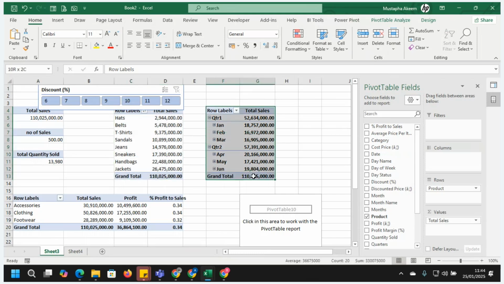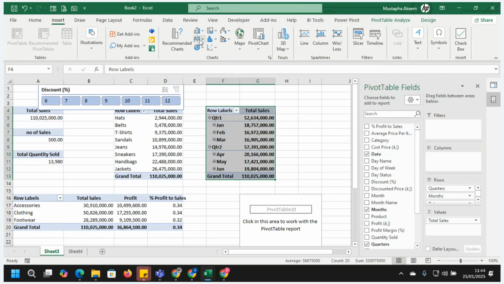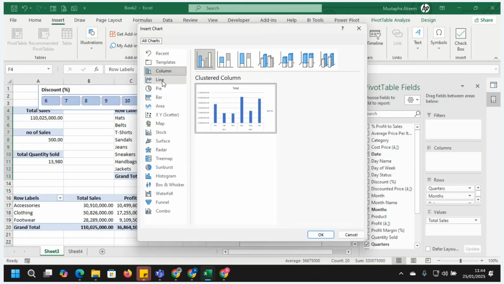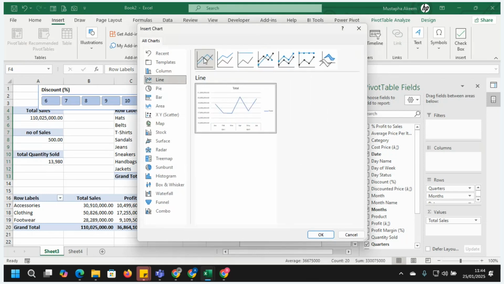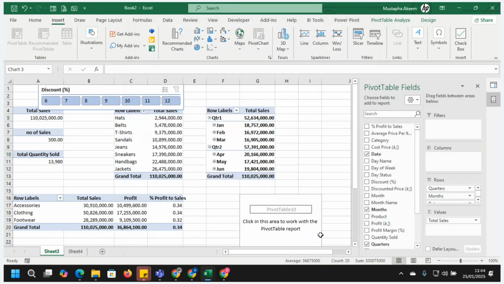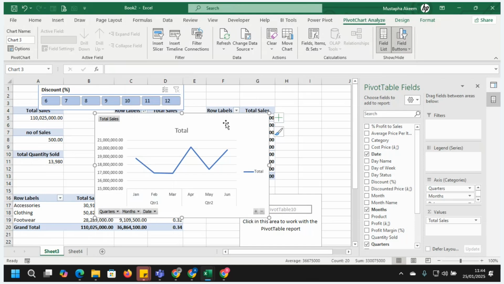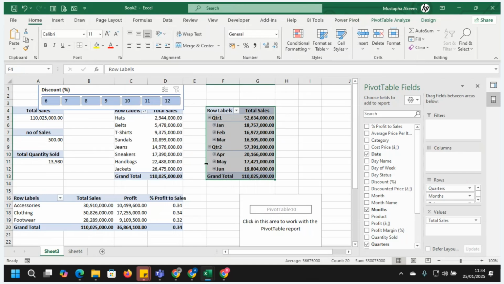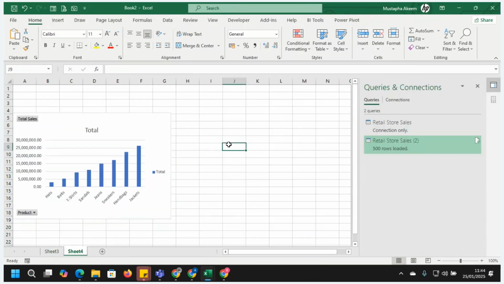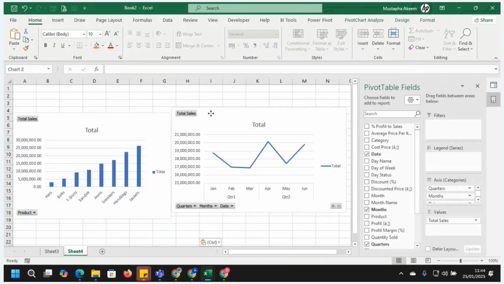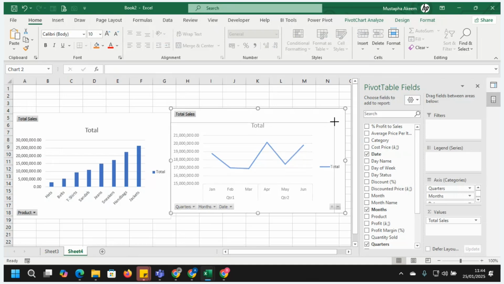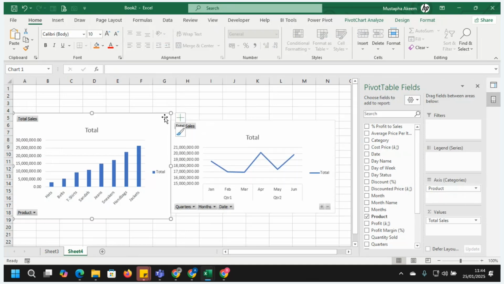Let's create another one here. This is by quarter. Let's click on insert pivot table, or pivot chart. And this time I'm going to use a line chart. I'm clicking on line, selecting this, and hitting OK. So you can see how our sales are done by quarter. Coming here again and placing it. Control V. And you see that our data is now talking to us more than what we see under the analysis. We are getting more insight.